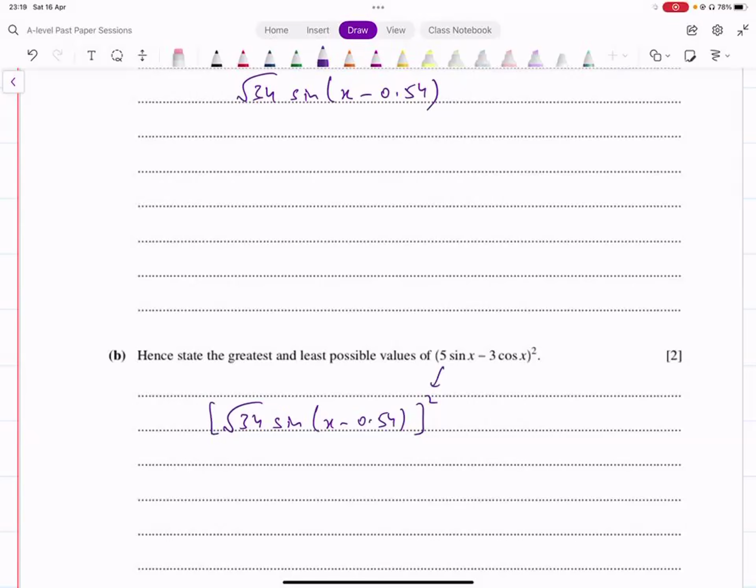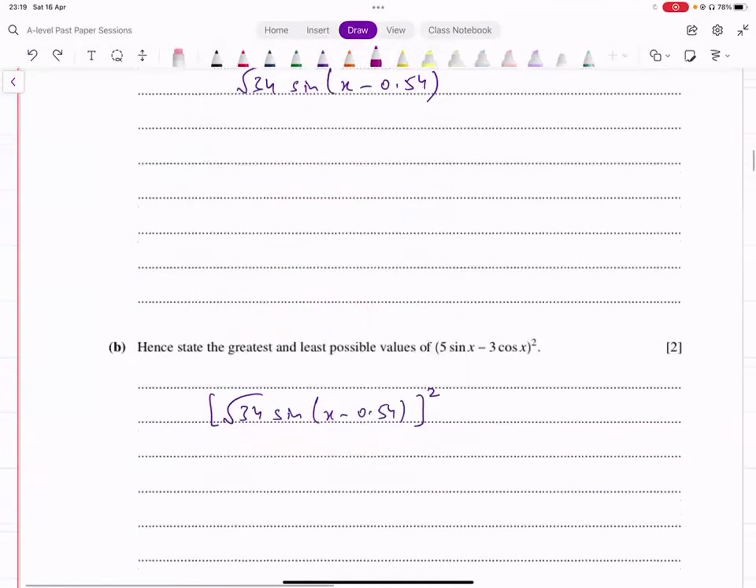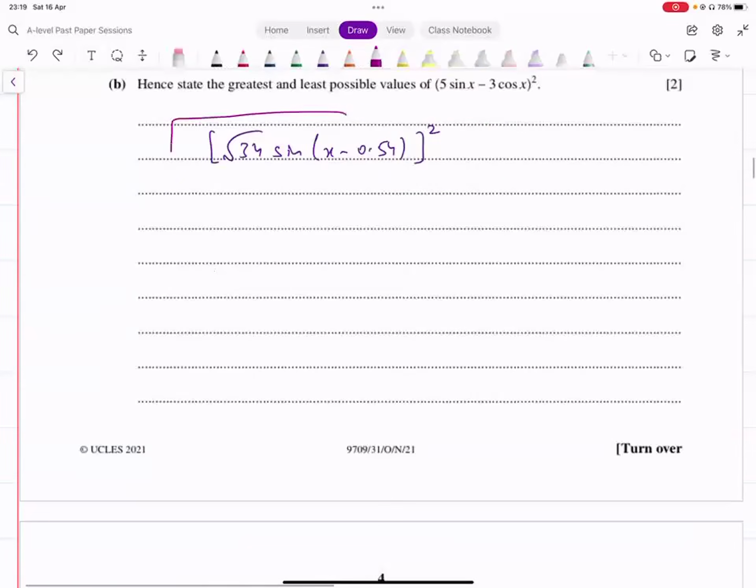तो इसको आपने इस फॉर्म में लिख लिया। देखिए, जब भी आपने ग्रेटेस्ट या लीस्ट वैल्यूज फाइंड करनी होती है या किसी ट्रिग्नोमेट्रिक फंक्शन की रेंज फाइंड करनी होती है, यू हैव टू कन्वर्ट इट टू अ फॉर्म दैट इंक्लूड्स ओनली वन टाइप ऑफ ट्रिग्नोमेट्रिक फंक्शन। यानी यहाँ पे साइन भी आ रहा है, कॉस भी आ रहा है, इसकी डायरेक्ट रेंज नहीं निकाल सकते। देयर इज नो मेथड फॉर डूइंग दैट। तो पहले आपने इसको एक फंक्शन में कन्वर्ट करना है, आइदर साइन और कॉस। वो हमने फर्स्ट पार्ट में कर लिया कि हमने सिर्फ इसको साइन में कन्वर्ट कर लिया।